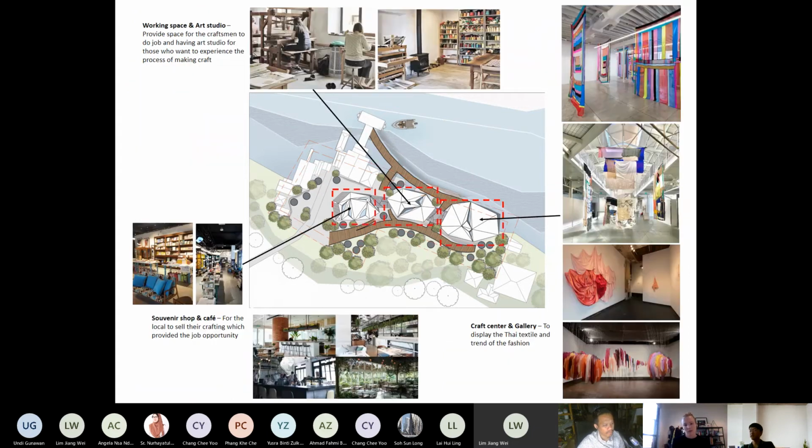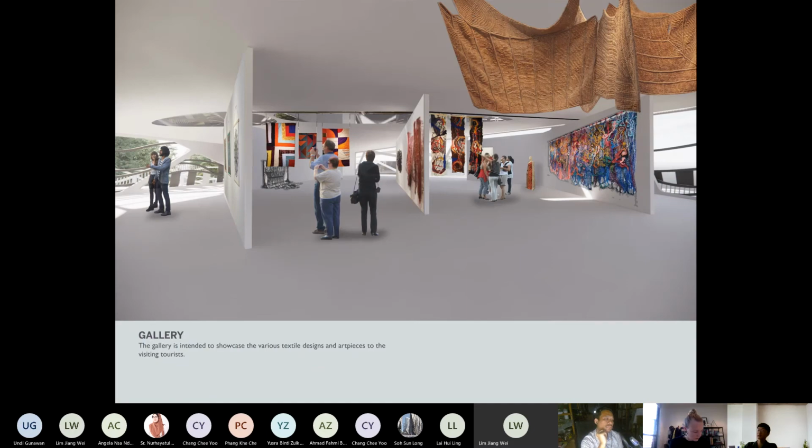For interior activity, there is the souvenir shop and cafe, then in the middle the working space and art studio, and then lastly the gallery and the craft center to show textile and hold textile events.